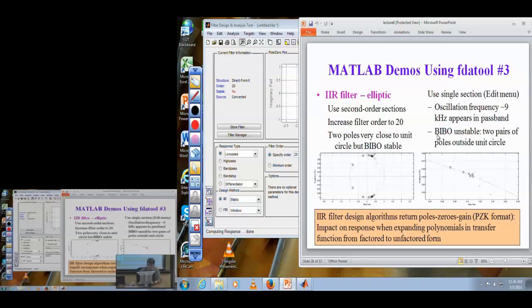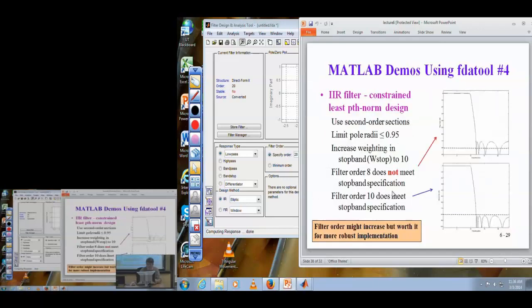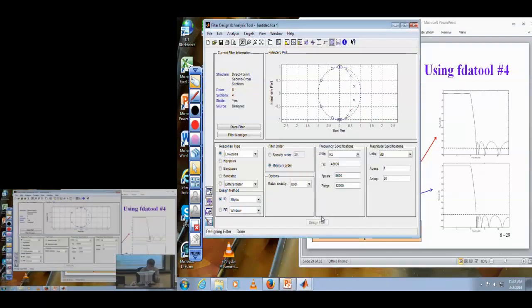I remember these filter design algorithms for IIR design in terms of poles, zeros, and gain. So when you implement the filter, it's a lot easier just to keep your poles and zeros as close to their original value as possible. All right, last one, which was constraining the pole radii so that I don't have as much concern when I implement the filter. So what do I want here? Let's go back to minimum order. So here's a minimum order, and I remember I had this one pole really close to the unit circle up here. And so what I want,